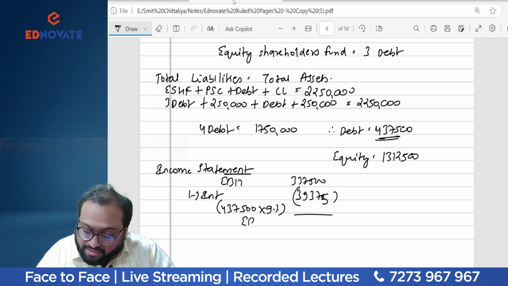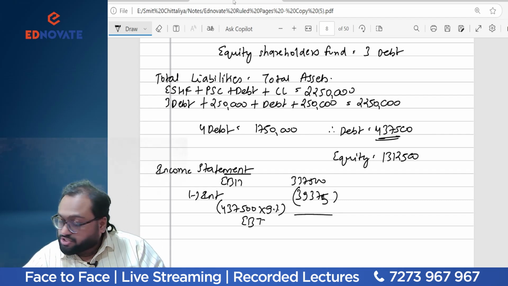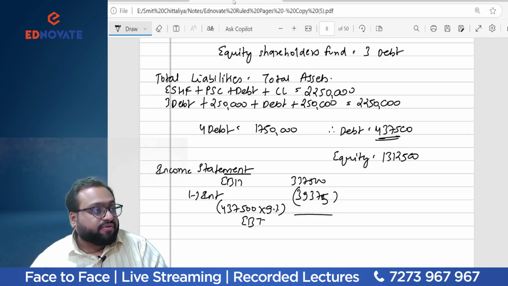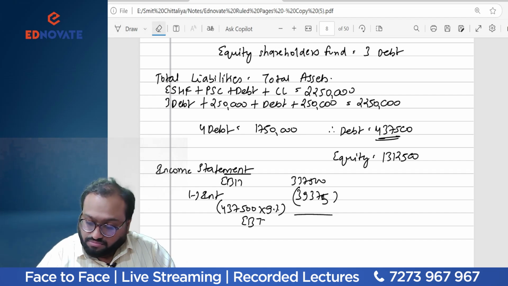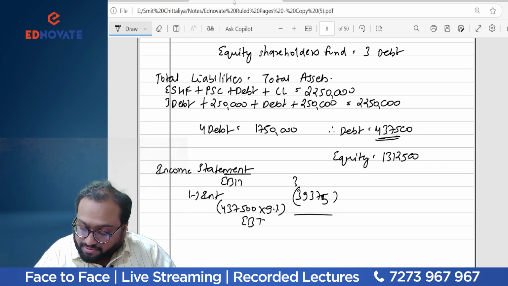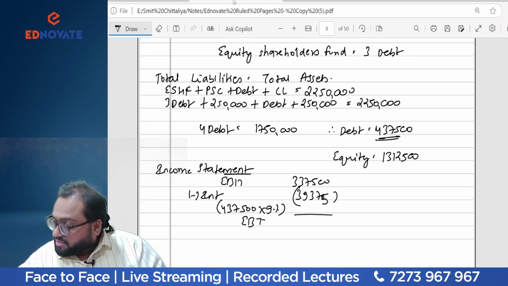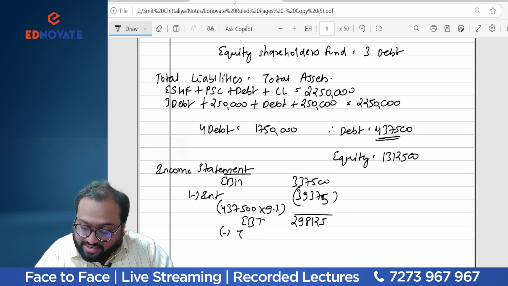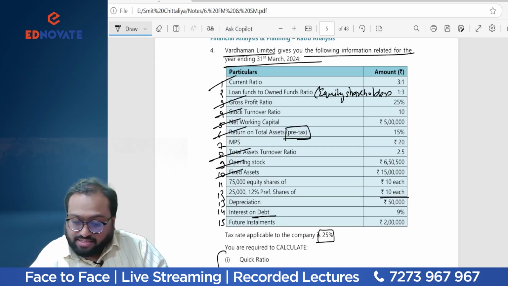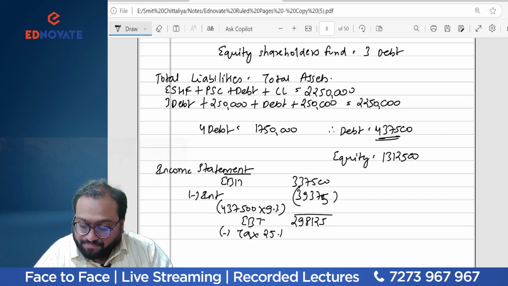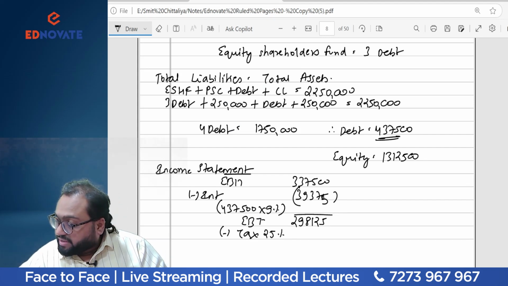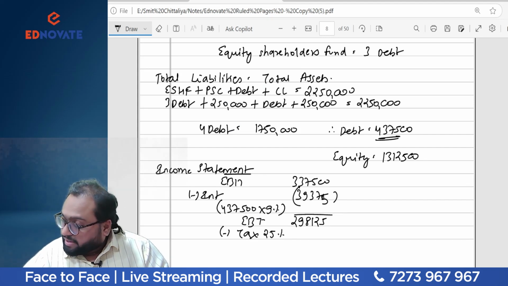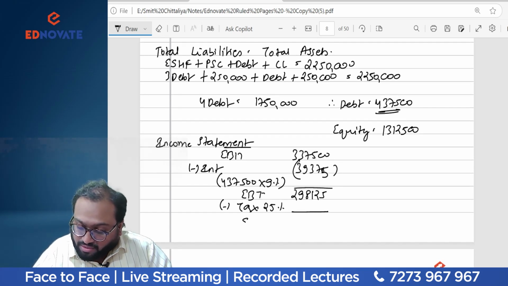I'll get an EBT of 3,37,500 minus 39,375, which is 2,98,125, minus tax at the rate of 25%, which they have given on the last line for this purpose. Minus 25%, I'll get EAT of